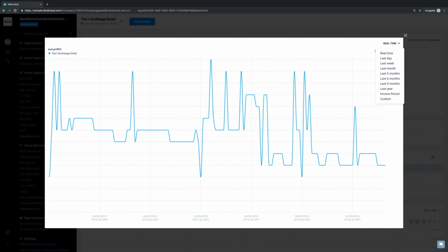So if you have a tiny bandwidth pipe and you're going to Australia from New York, and your business organization says, I need to have an RPO of 4 minutes, and it takes 32 minutes just to replicate a 5-minute chunk, obviously you're not going to meet those needs. So being able to see both real-time and historical what the RPOs are for your replication is really, really important,